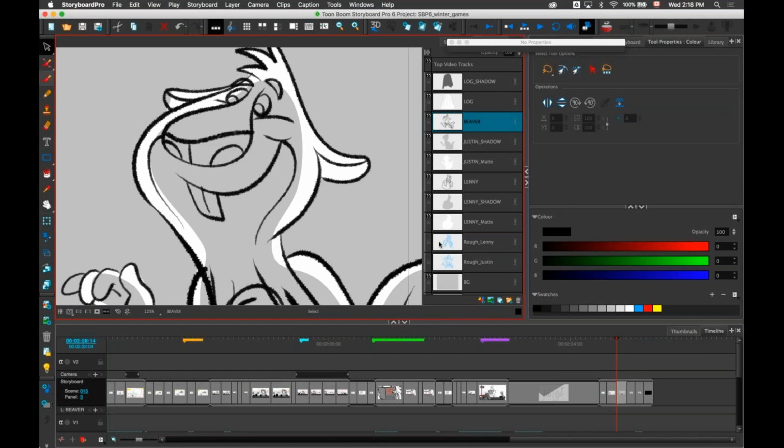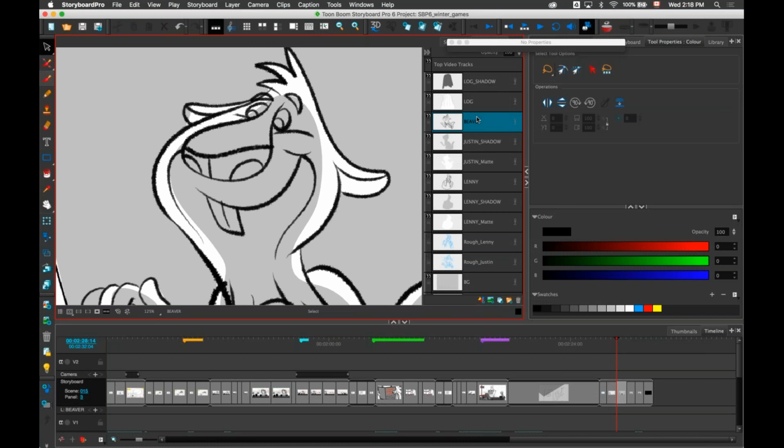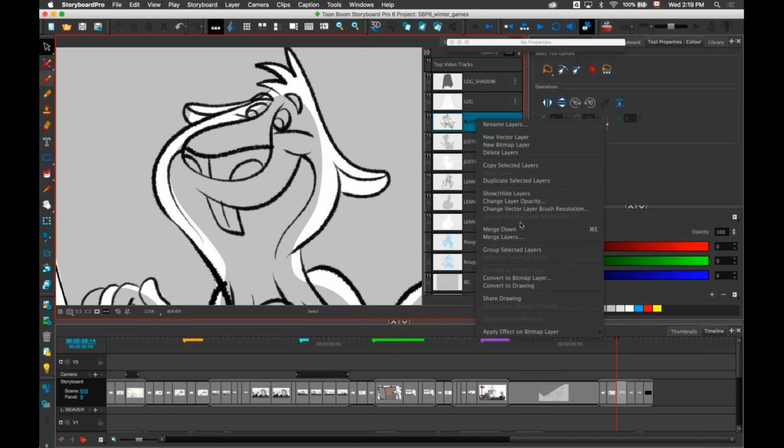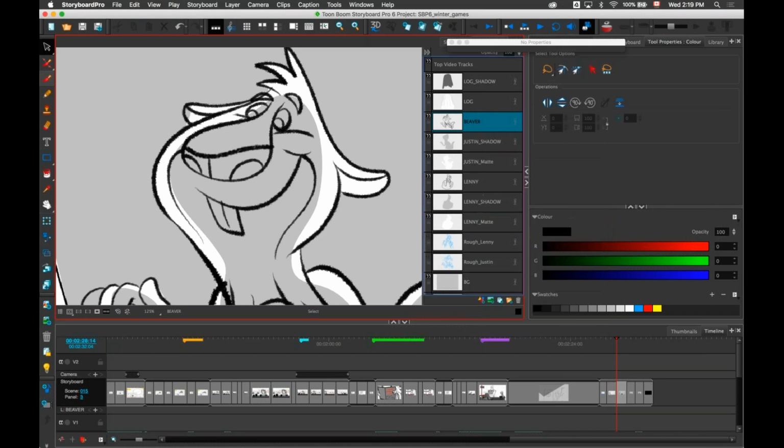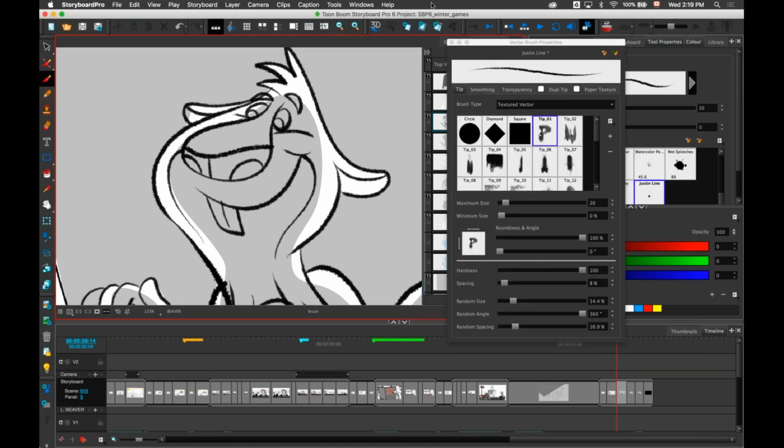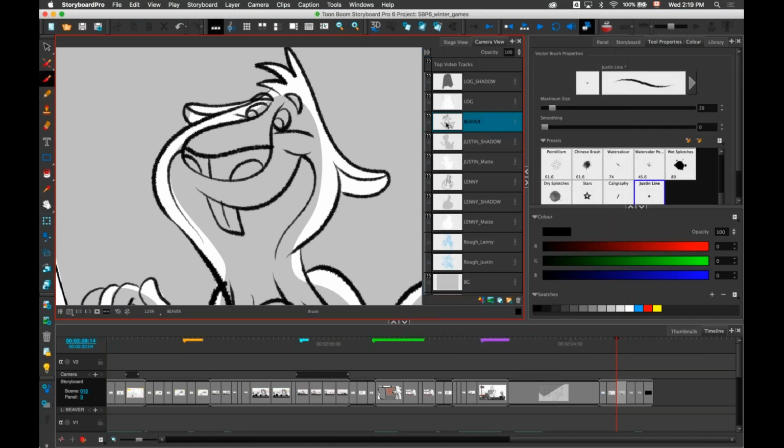Now, another small tweak we've done is we've added the ability to merge down a layer. In the past, we could only merge selected layers, but now I have a command called merge down. Whenever I'm drawing inside the software, for example, with the character here, I have the beaver layer, the Justin shadow, and the matte, because this is Justin Beaver. I can merge these layers together by pressing Command E, and it will take the top layer and merge it down with the layer that's below, and it will preserve the name of the top layer.